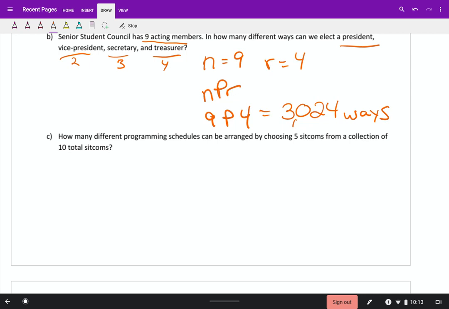Okay, how many different programming schedules can be arranged when choosing 5 sitcoms from a collection of 10 sitcoms? So they kind of changed the wording on this one. So the 5 is actually the r. There's 5 spots, and the number you're choosing from is 10. So this is going to be